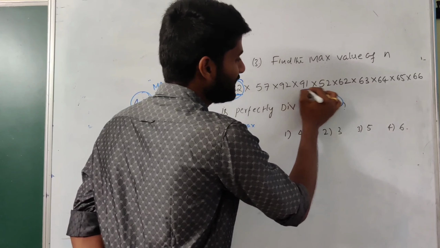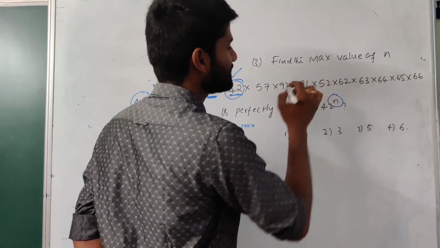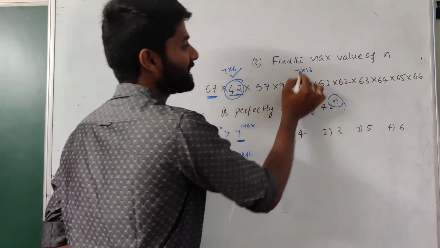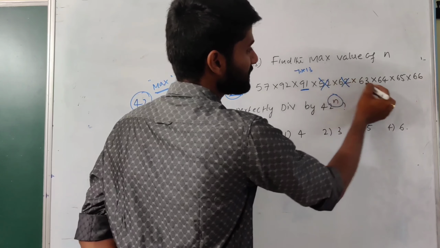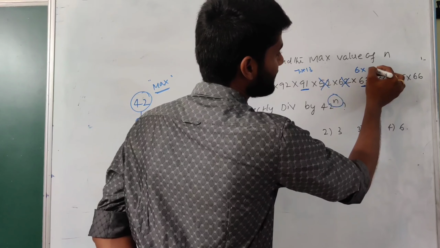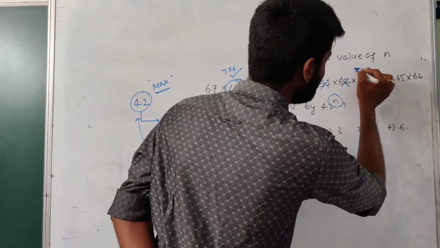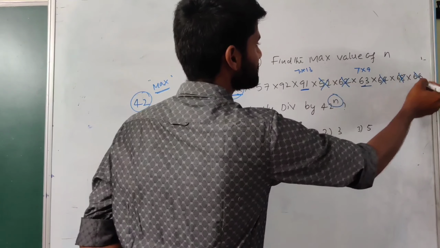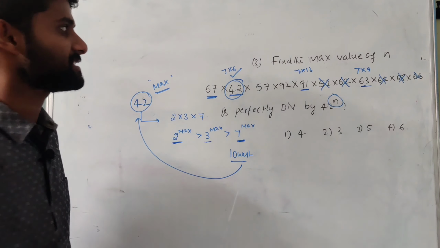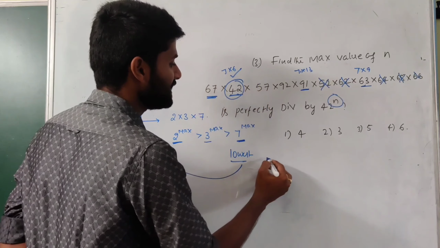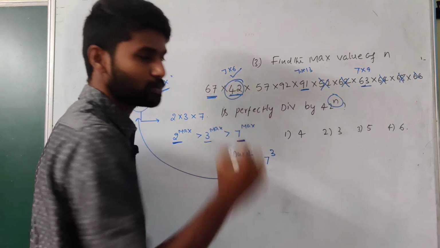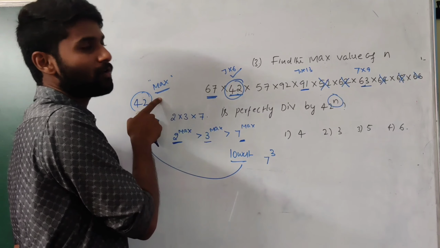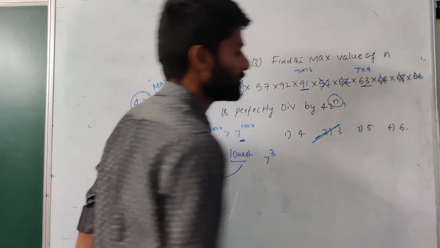And next, 91 is 7 into 13, so we have a 7 there. Here we have a 7 6, here a 7, and here a 7 7. And there is no 7, and we have 6 into 9. No, sorry, 9 into 7, 9 7s are 63. Again we get a 7 here. So 64, 65 and 66 never give any 7s. Out of this entire part, the maximum power of 7 required is equal to 3. If we compare these three powers, the minimum value indicates the maximum power of 42. So directly you can choose the answer as 3 only.